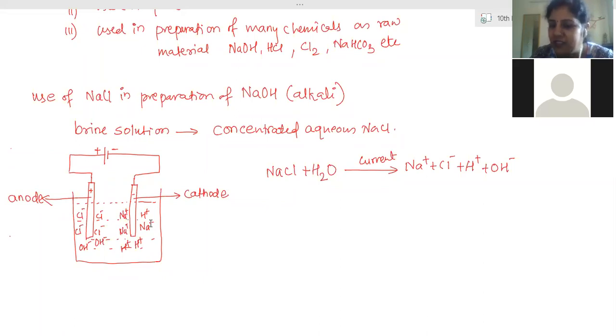Among Na+ and H+, who is at the lower position? Hydrogen is at the lower position. Therefore hydrogen will gain electrons first as compared to sodium. Sodium will not gain electrons in this process, only hydrogen will gain electrons. That is the priority list. According to that priority list, sodium loses electrons easily, so gaining will be tougher for it. Hydrogen loses electrons slowly as compared to sodium, so gaining will be easier for hydrogen. So at the cathode